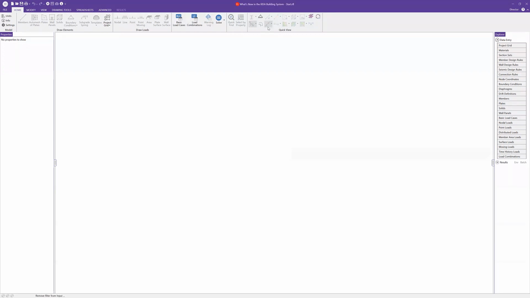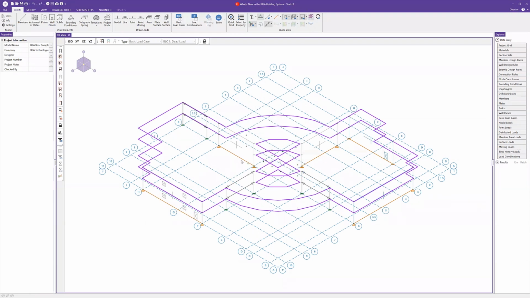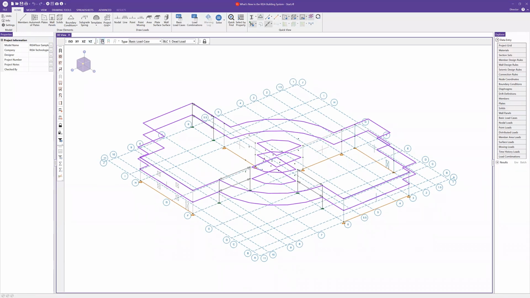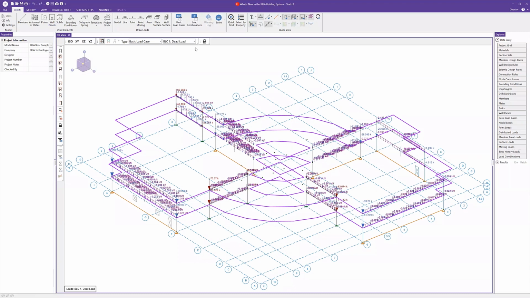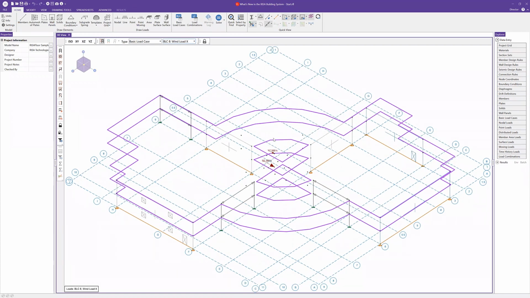And so now with the model here, we can see our lateral model, and I'll go ahead and turn on our diaphragms. So we have our 2 rigid diaphragms in this case. We can go ahead and also turn on some of our loading. So in this case, looking at our dead loading, or let's go ahead, look at some of our wind loading applied as point loads in this case. And so we have all this information now. We can go ahead and run the design for our